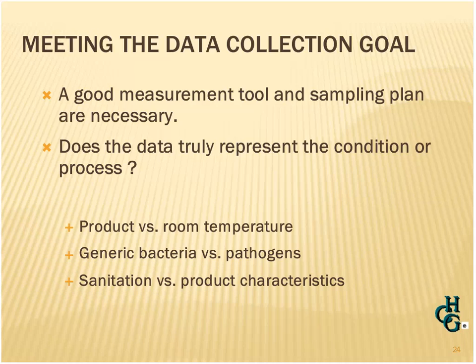Make sure whatever you're measuring is what you want to learn about, and if it's not, make sure there's a direct correlation, for example, between room temperature and product temperature. Another example would be testing generic bacteria compared to testing for pathogens. You might want to demonstrate that pathogens are not likely in your environment, but unless you can show a clear correlation between the test you are conducting, for example, for generic bacteria, and the pathogen you are looking for, you might be collecting data that's not of value.